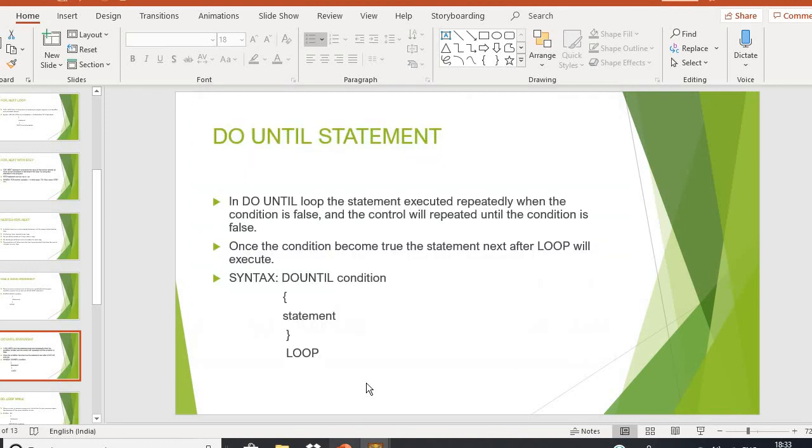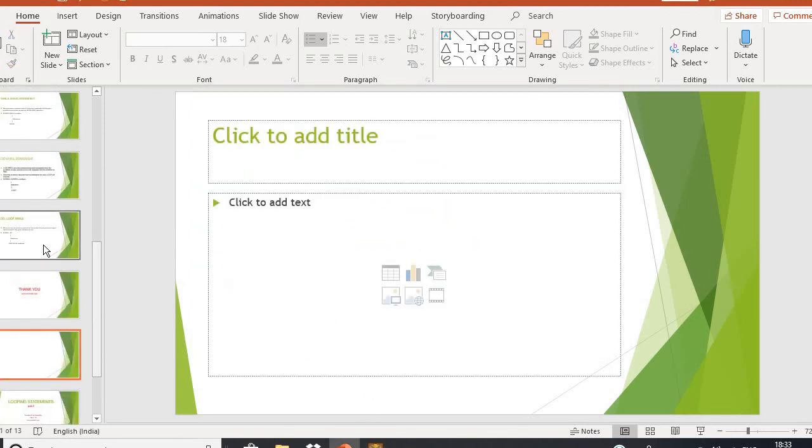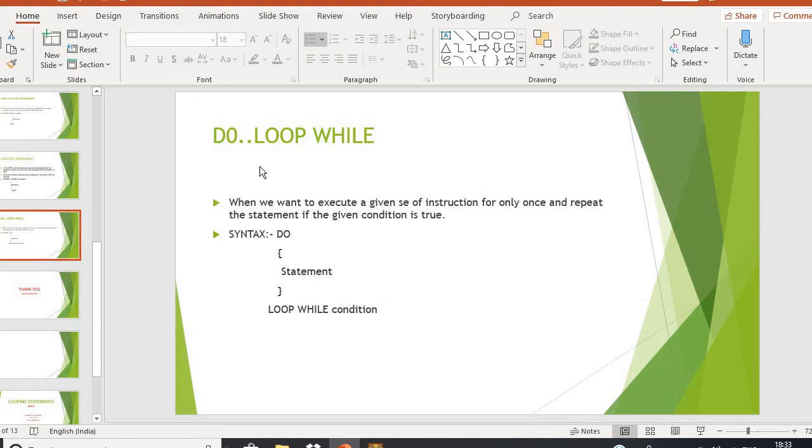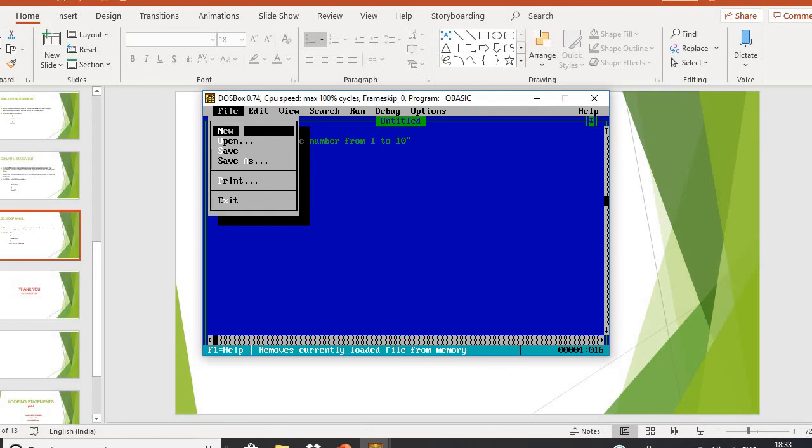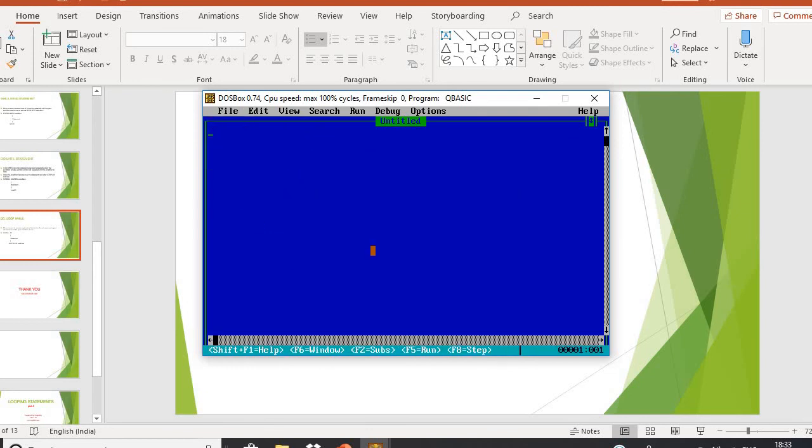Now we'll see the next loop, that is our do loop while statement. This type executes the instruction only once, and repeats the statement if the condition is true. So the syntax is do, then statement, then loop while condition. So let's do one program. Line number 10, line number 20. Here we are going to print